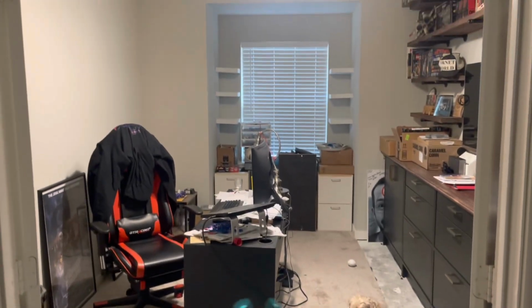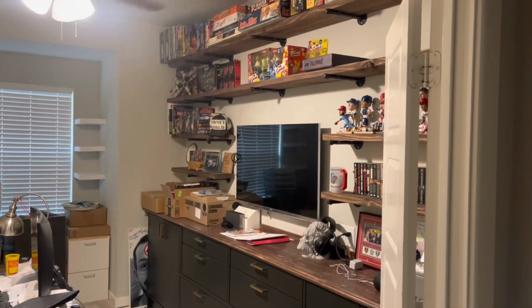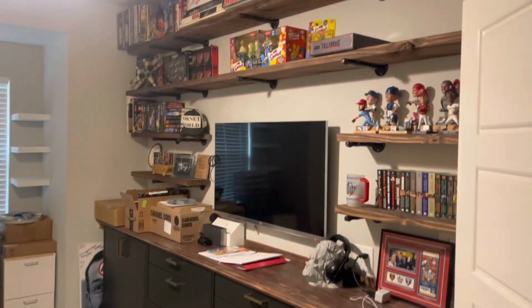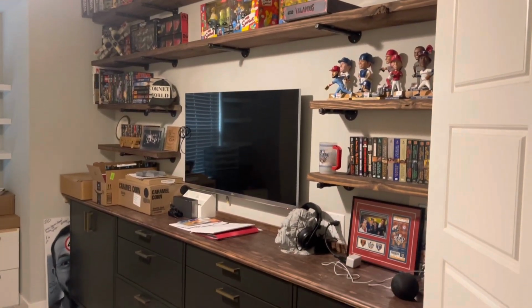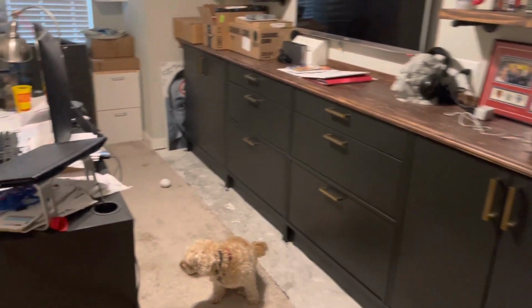So the office is going really well. We're really pleased with how this turned out. He's going to fill it with all kinds of things, y'all. That's just who he is. But at least this is a really nice way for him to display everything. And he looks so happy. He's been in here working. And y'all, he has been